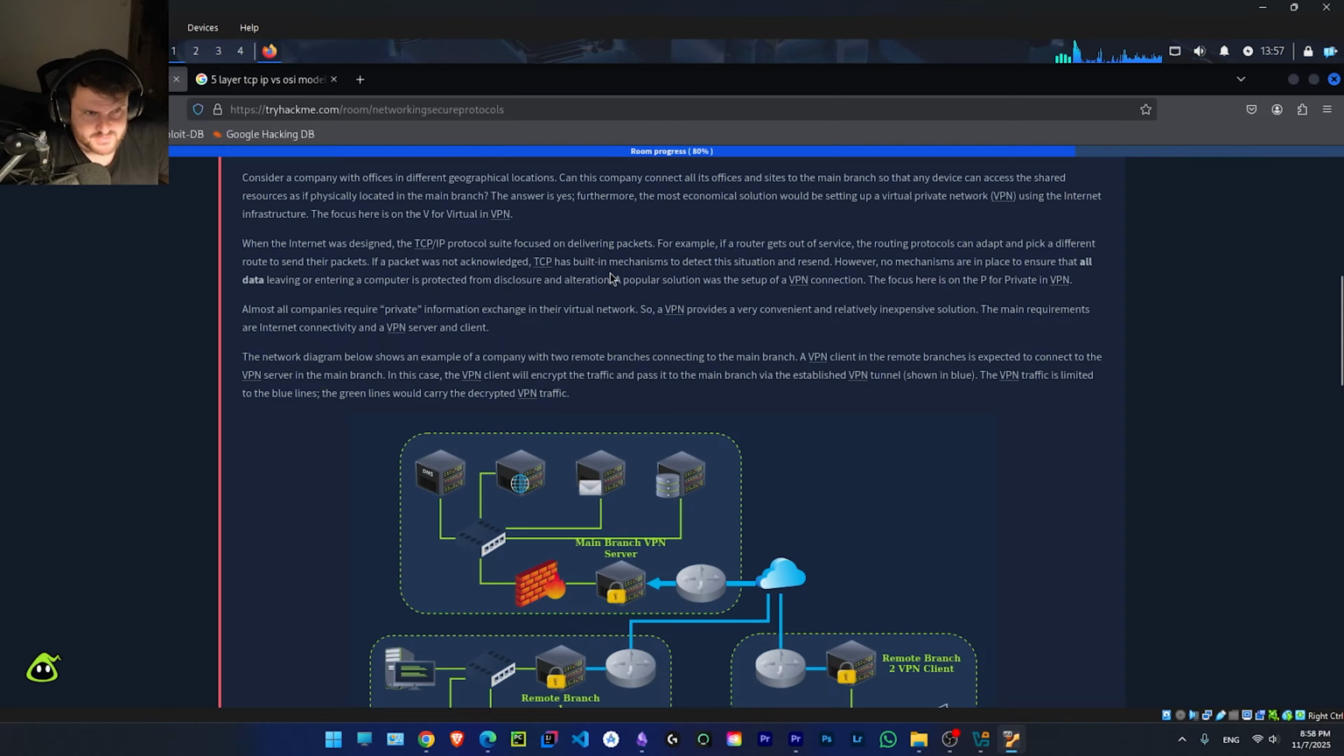When the internet was designed, the TCP protocol was focused on delivering packets. For example, if a router gets out of service,